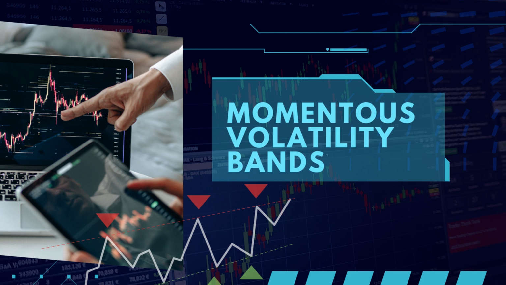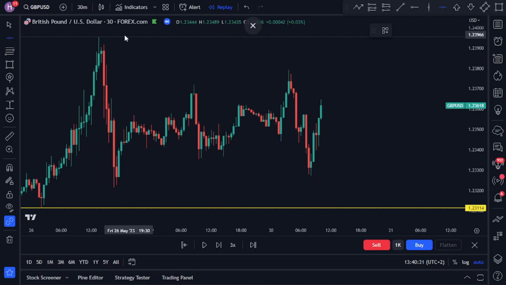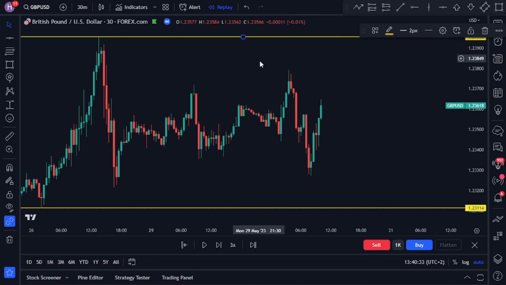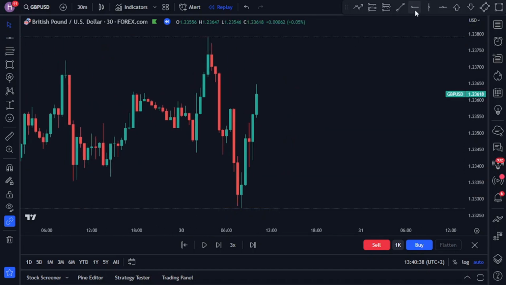Now let's jump right in and explore the incredible features and benefits of the Momentous Volatility Bands and get ready to witness a game changer in the world of trading. Let's start off with an example so that you can witness firsthand the power of combining volatility, momentum trading, and also reversals. On the chart, I currently have selected the British pound against the US dollar on the 30-minute time